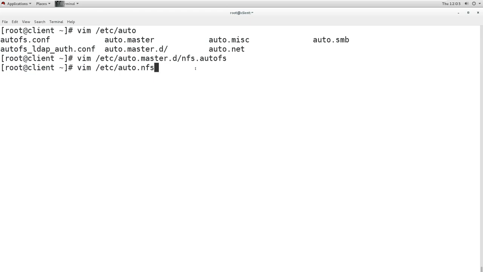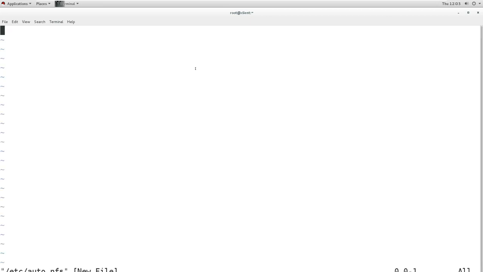In this file I'm going to have the options of the mount point and mount options, and from where we get the NFS share. So I will create this file. This is also a new file because it does not exist.